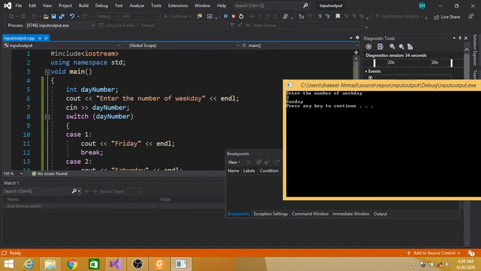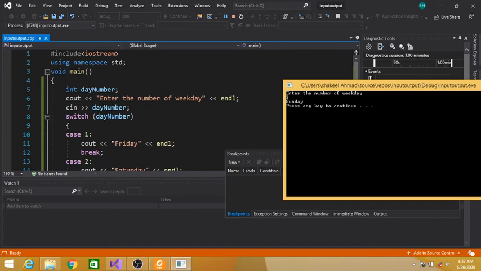Anything written in double quotes will be displayed similarly on the console window. Now we are taking input from the keyboard. So we have entered 3. So this 3 will be assigned to this day number. Now the day number contains 3.